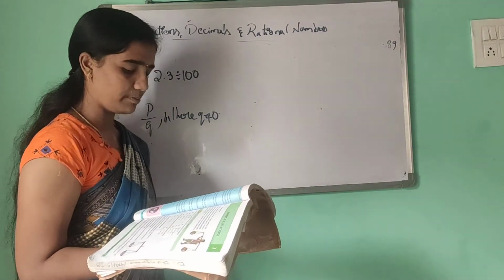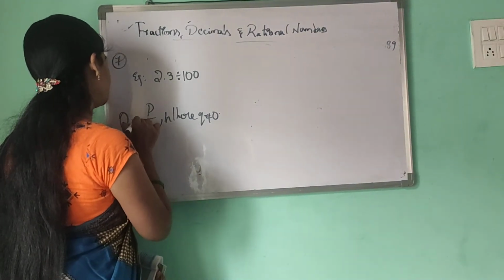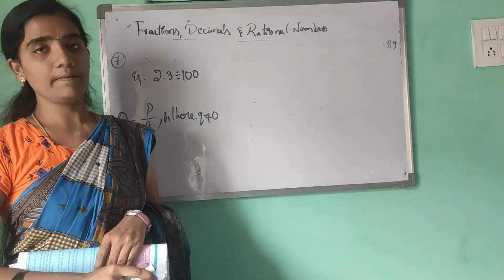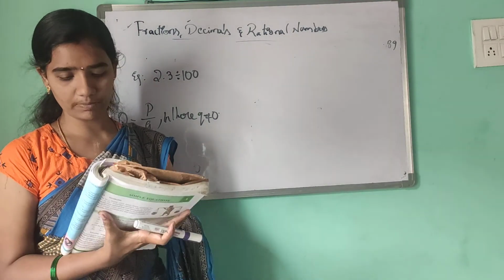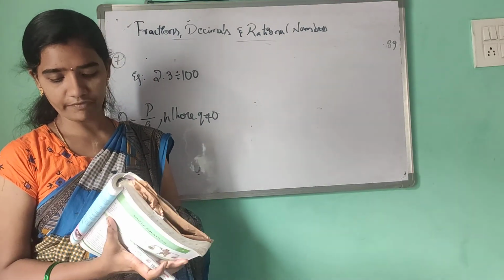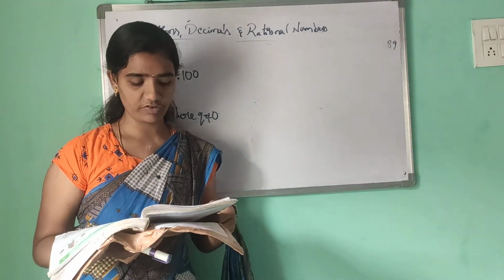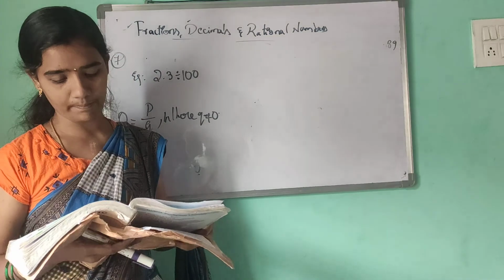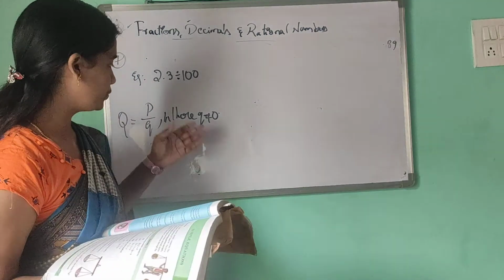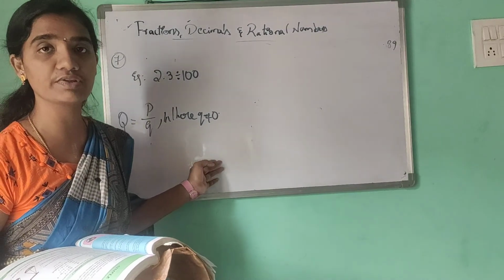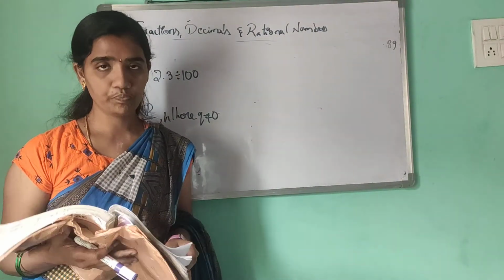The set of rational numbers can be denoted by Q. Rational numbers are a bigger collection of numbers which include all positive fractional numbers, negative fractional numbers and all integers. So this should have two integers, P by Q, where Q is not equal to 0. A rational number is denoted by Q.